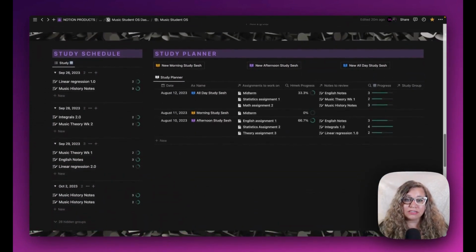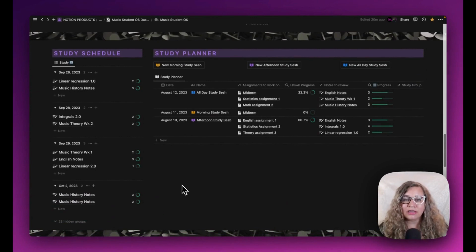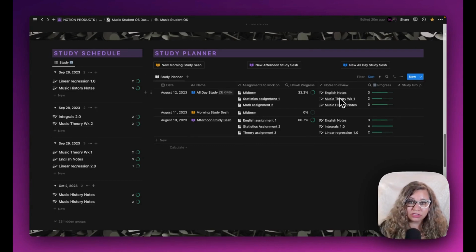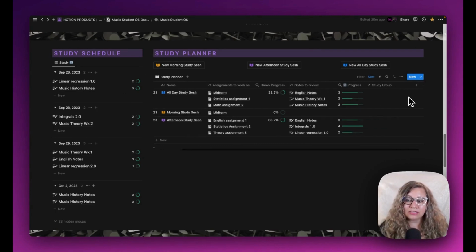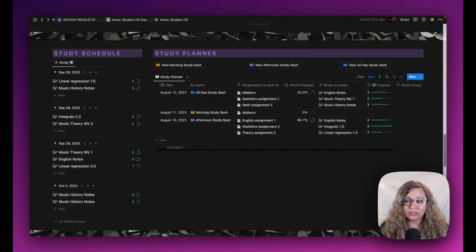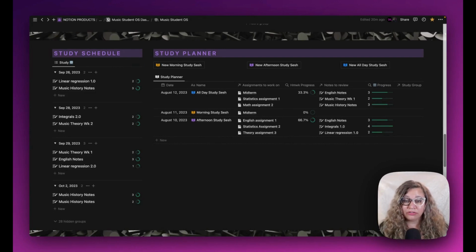Underneath, you can see a study schedule and a study planner. This is where you can plan out which assignments you want to work on, which notes you need to review. And if you're doing it as a study group, you can actually tag your classmates to that study session. The study schedule helps you keep track of your notes on a revision schedule. That way you can review different topics throughout the semester to make sure you are learning them thoroughly in preparation